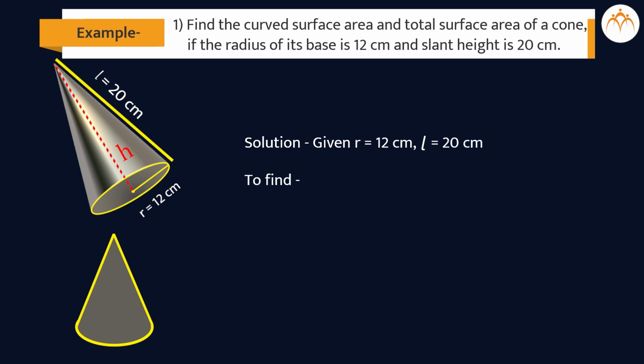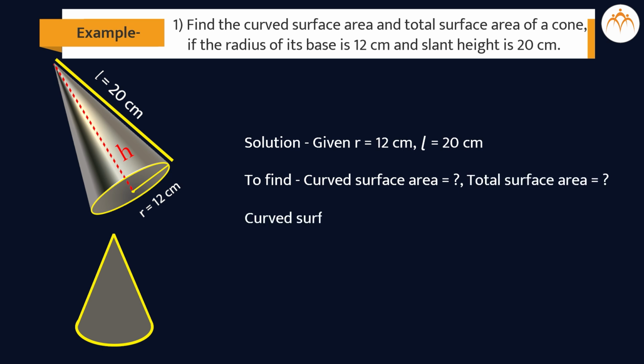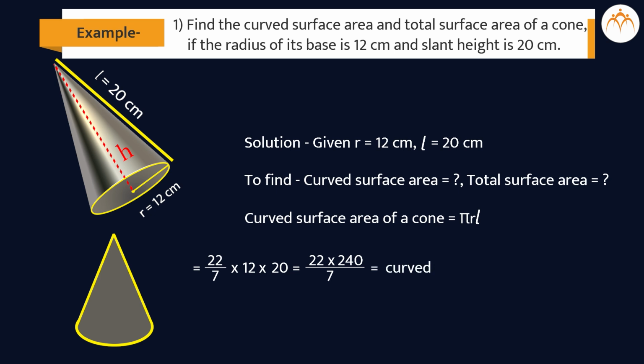To find curved surface area and total surface area. Curved surface area of a cone is equal to pi RL is equal to 22 by 7 multiplied by 12 multiplied by 20 is equal to 22 by 7 into 240. Therefore, curved surface area is equal to